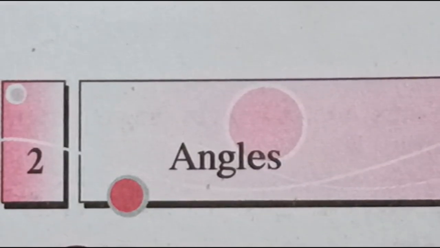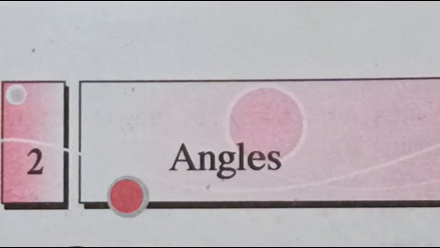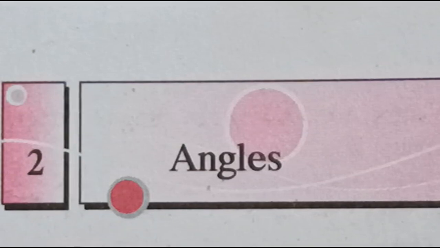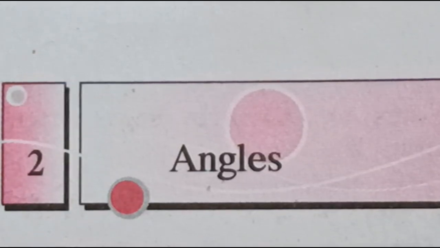Now students, you have already studied this chapter in 4th standard and 5th standard, and again now in 6th standard. In every standard you are studying some new things in this chapter. You all know what is the meaning of angles. In angles there are 3 types: acute angle, right angle and obtuse angle. Acute angle is less than 90 degree, right angle is exactly 90 degree and obtuse angle is more than 90 degree. Now on the same page there is one question, that is complete the following table. Now let us solve that question.